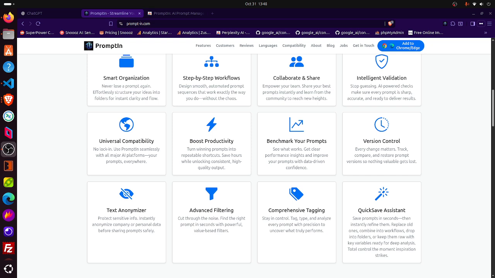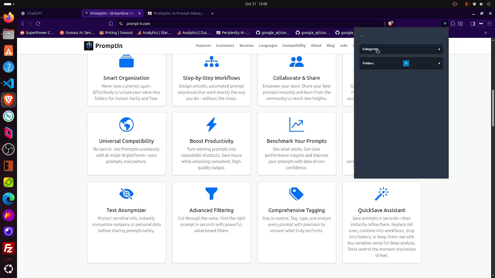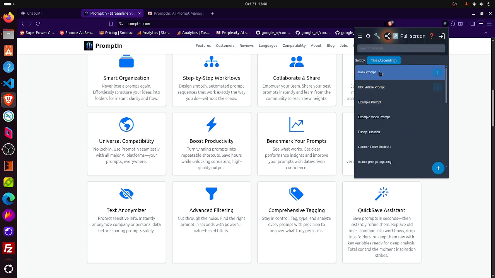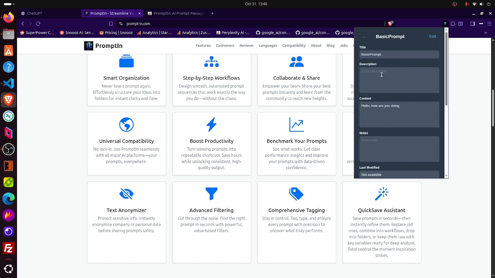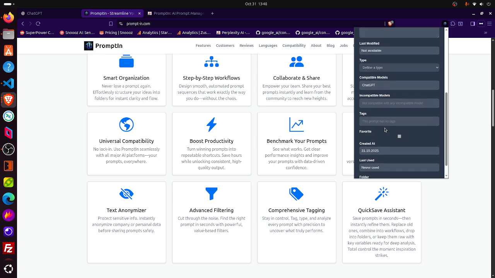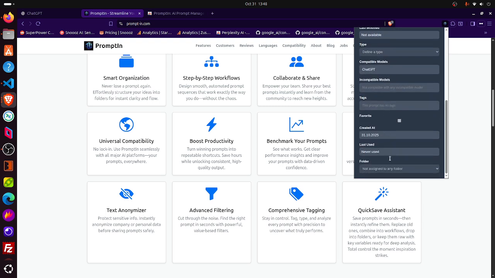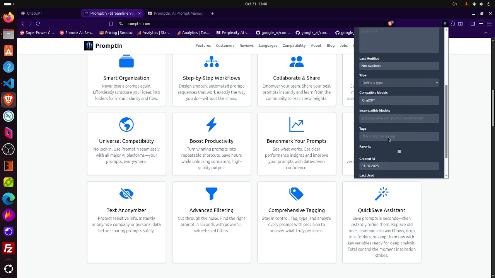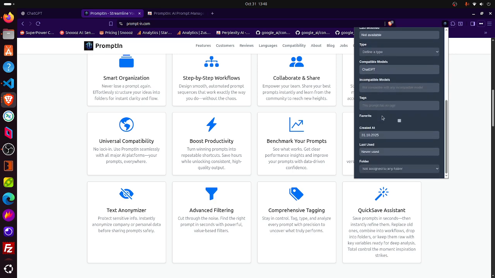Let me quickly give an overview about how PromptIn, how the sections or the categories work exactly when it is a single prompt, when it is a categorized one, what are dynamic prompts, static, and the rest is self-explainable. So when you save a prompt here, for example, the basic prompt, which I have saved, I don't know when exactly, then you would see that it is not assigned with a folder and that it is standing on